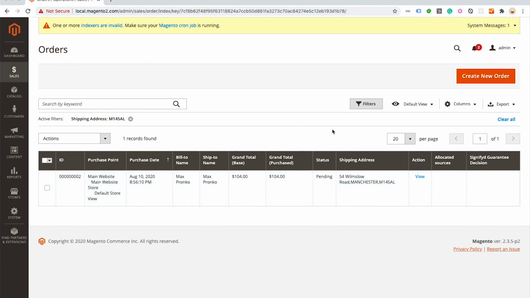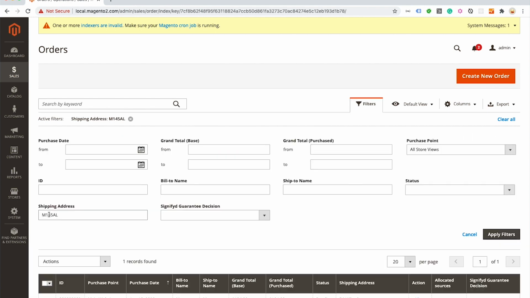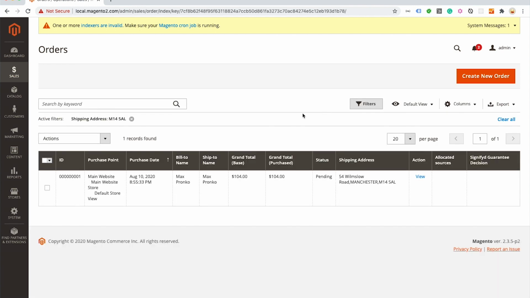However, as a merchant, I would like to see not only this one result with the postcode, but also a result with the space, a second result that I have in my orders grid. As you can see, these are two different orders.